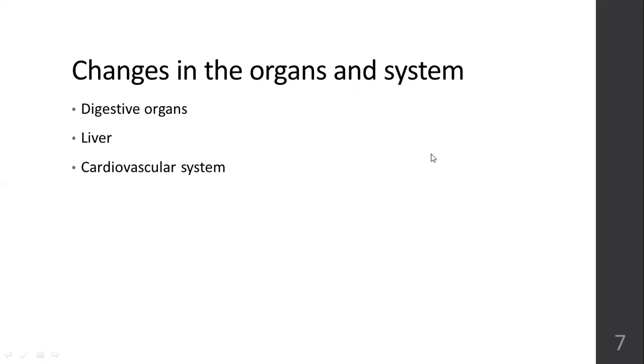Then you have the cardiovascular system. The heart becomes smaller in size. Heart rate slows down. Cardiac output, initially it will be high, later it will slow down. The child will go into a state of hypoxia because the heart is not able to pump enough blood into the organs, into the tissues. So the cardiovascular system also fails slowly. The heart has reduced in size, the cardiac output has reduced, and the heart does not have the vitality to pump more blood.